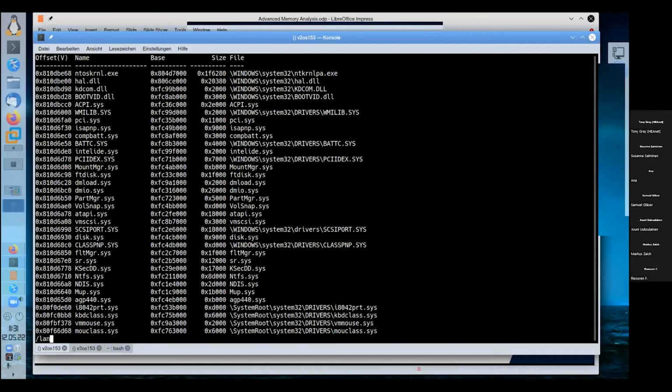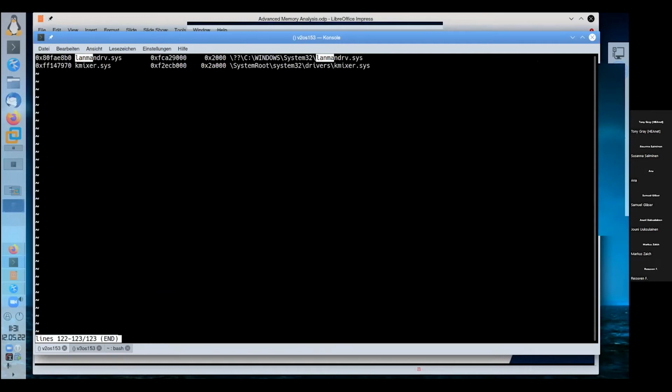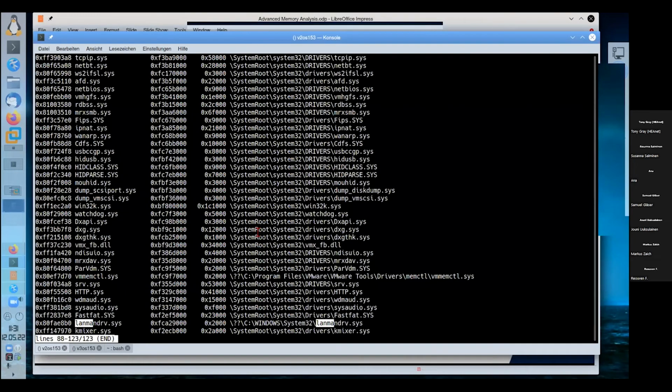So I will shorten this a bit. I know this is lanmandrv.sys. As you can see here, it is correctly installed into Windows and System32. So the driver itself doesn't look